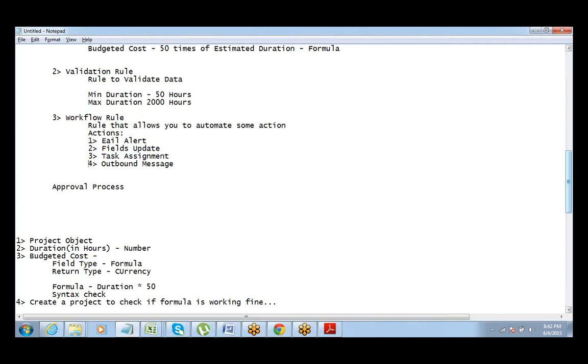So that sort of thing. Outbound message is basically sending the data to an external system. So this is something that we will discuss later. These 3 things are internally within Salesforce. This outbound message is something which sends the data outside Salesforce to an external system. Okay. So that is what we have here.